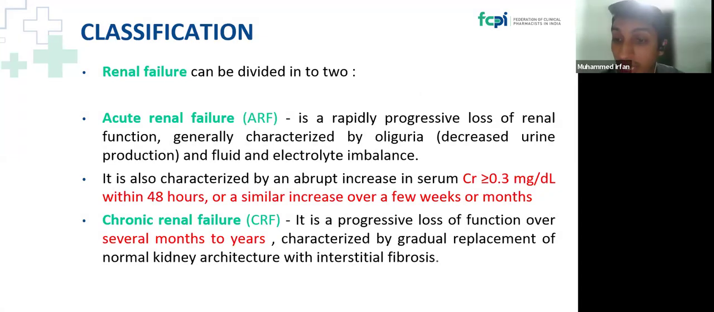Next, we can move on to the classifications. We can simply divide it into two: acute renal failure and chronic renal failure. Acute renal failure is an abrupt increase in serum creatinine of more than 0.3 mg per deciliter within 48 hours, that is within 2 days, or a similar increase over a few months or weeks. Then chronic renal failure is a progressive loss of